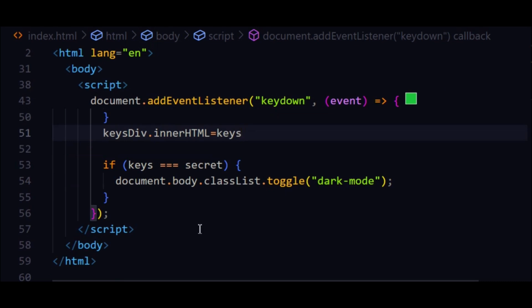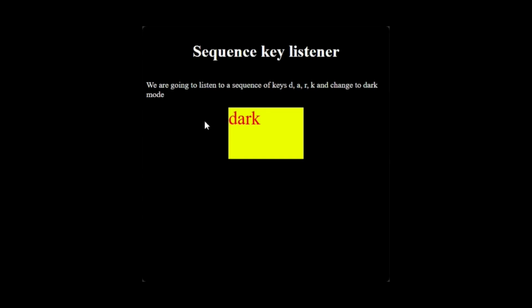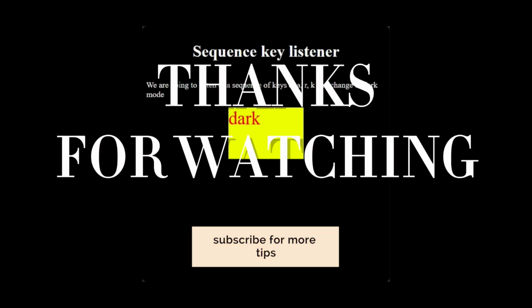We are going to toggle the dark mode, and now let's try. I am typing dark. Boom. Wow,